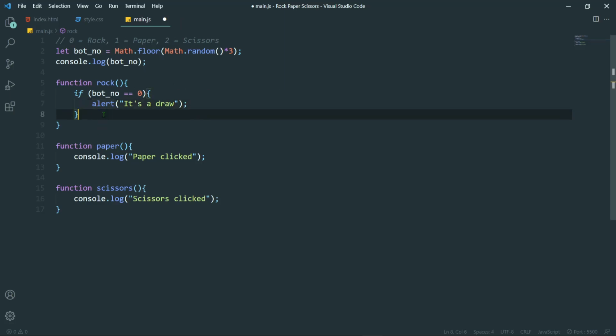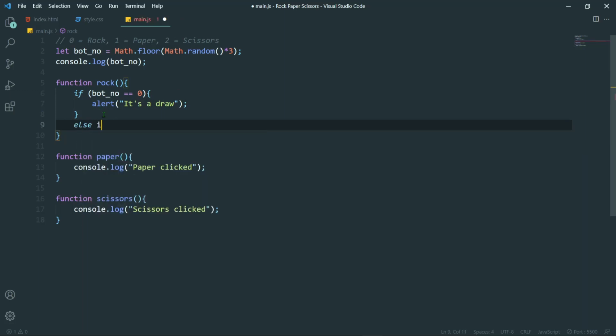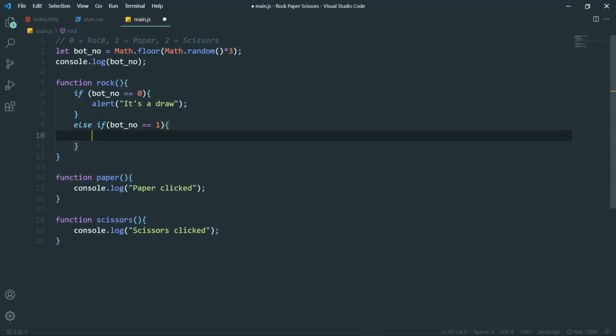So after that, else if bot number is equal to 1, oops, not exclamation mark, 1, then 1 will be paper. So the user lost. Okay, because paper catches rock.